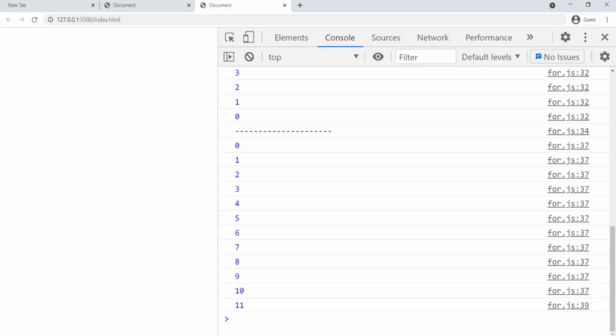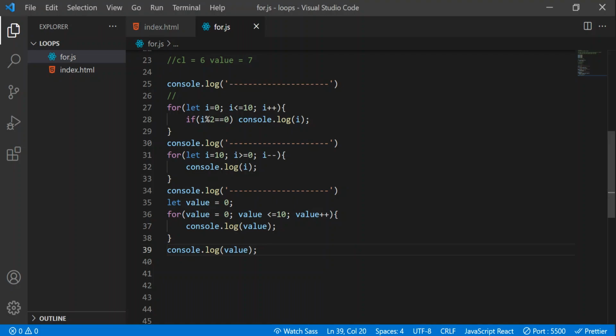Wow, you can see we got the output as 11. Now tell me, our value should be either 0 or undefined. Why is it 11 now? Because it is not in the loop, right? It is outside the loop, but why is the value 11? So here comes the concept called scope, guys. If you declare the let value outside the for loop, then it will be accessible everywhere. It will leak the value from inside that for block.